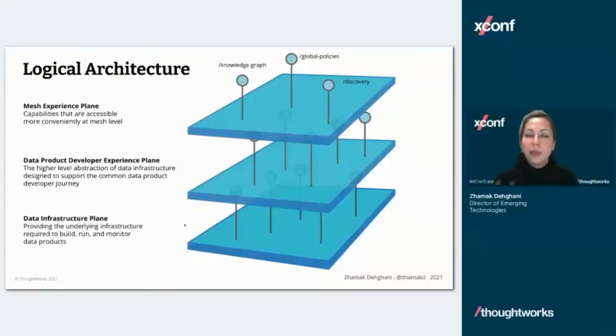And there's not one platform per layer or one solution per layer. These are all independent tools, hopefully independent tools. So you have a bit of freedom and power in terms of not getting locked into one vendor or another, but different tools that play nicely together to provide these experiences.